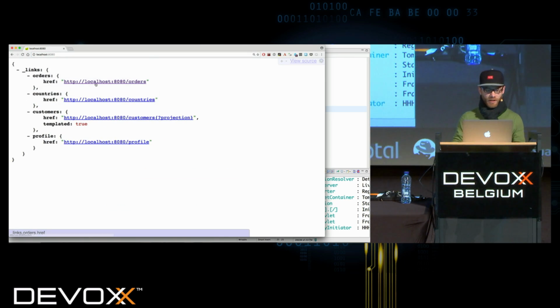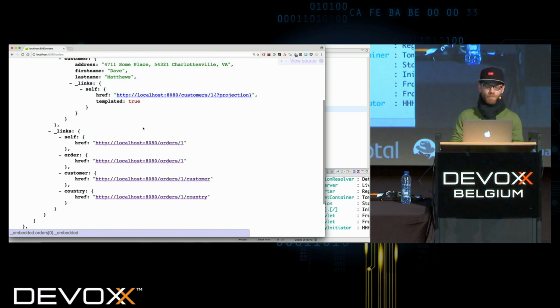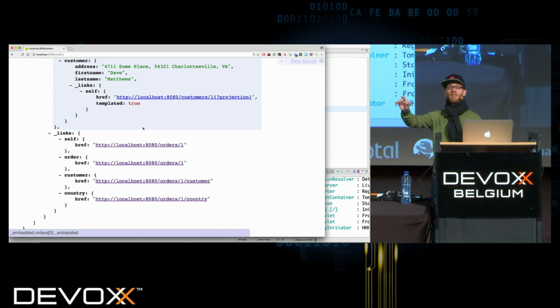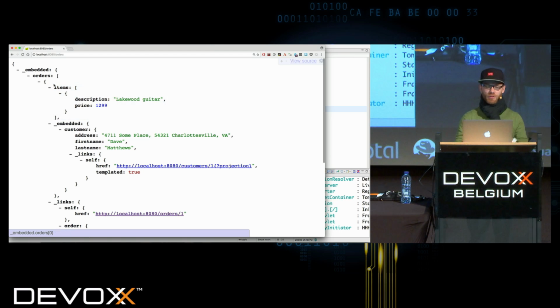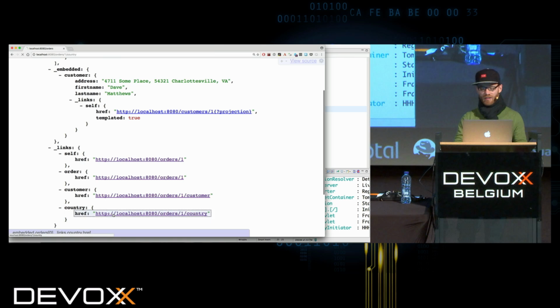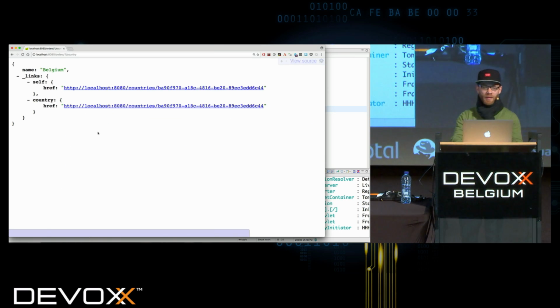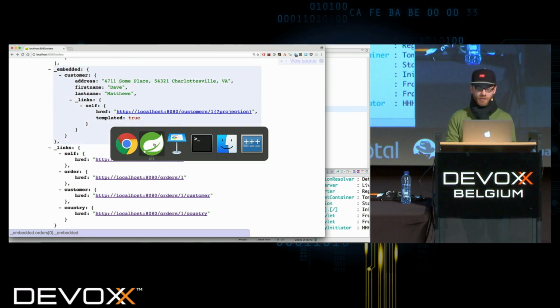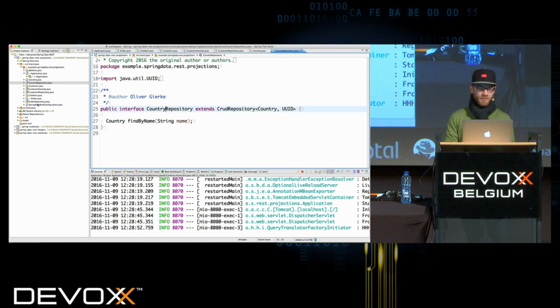Because Spring Data is assuming, again, since we have a repository for the thing, that it is an aggregate root, which is not what we really want. That means there's no string Belgium showing up here, but there is a country link in here, and to find that country again, I have to follow that link, and then I basically get my single property, like a full top-level resource even, right? As you can see here, which is weird. So we can teach Spring Data REST to change that to what we call lookup types,